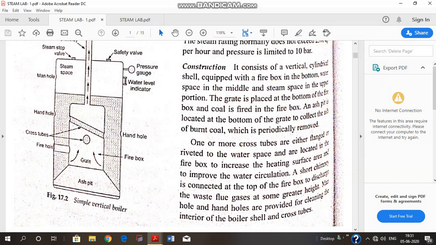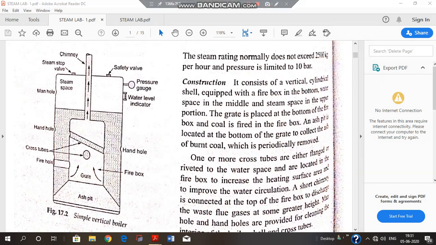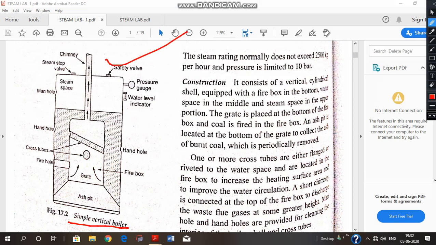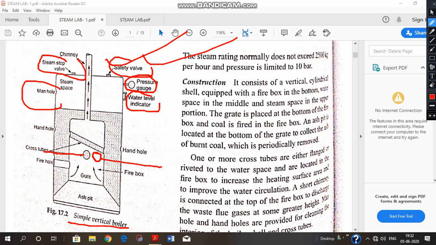Now the construction of this boiler is very much similar to the Cochran boiler we discussed just now, and this simple vertical boiler also resembles it in a similar way. This construction is very similar to that of the vertical cross tube boiler. The only difference here is that one cross tube is there, and in the lab we have two cross tubes present. Now we can see the pressure gauge, water level indicator, safety valve, steam stop valve, manhole. These are the fittings which are present